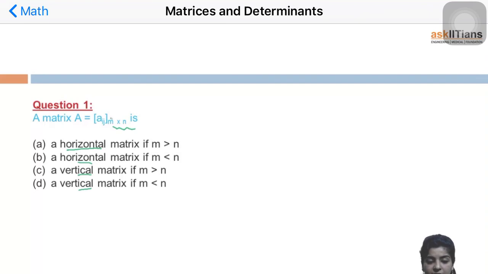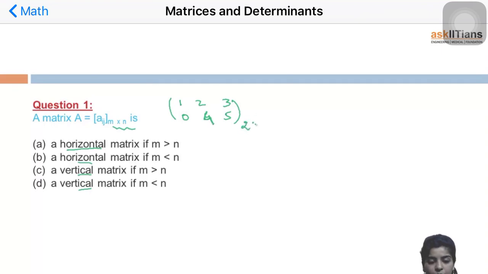So basically no one is going to ask you the formal definition, but they will be used in various other concepts. So until and unless you understand the concept, you won't be able to attempt the questions. So this question basically says horizontal and vertical matrix, right? Suppose I don't know the definition of horizontal or vertical matrix. So I just take any random example, say 1, 2, 3, 0, 4, 5. I just know that this should be a horizontal matrix because it is somewhat sideways, right?